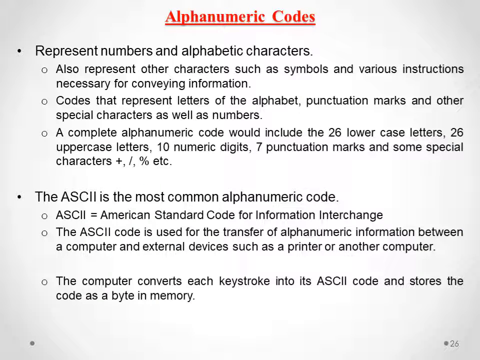Alphanumeric codes. It is a non-weighted code, so we can't use it for arithmetic operations. These codes are used to represent numbers and alphabetic characters. Also, these codes are used to represent symbols and various instructions for conveying information. Also, alphabets, punctuation marks, and other special characters we can use. Generally, the alphanumeric code contains 26 lowercase letters, 26 uppercase letters, 10 numeric digits, 7 punctuation marks, and some special